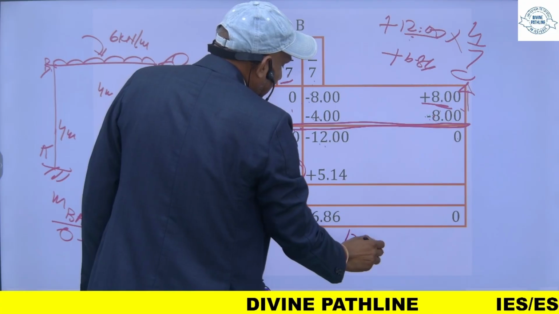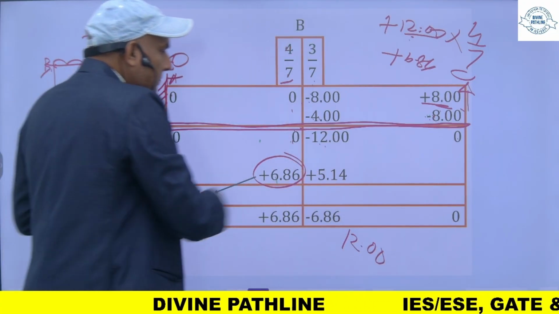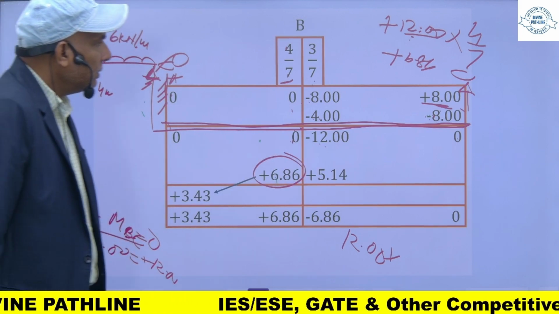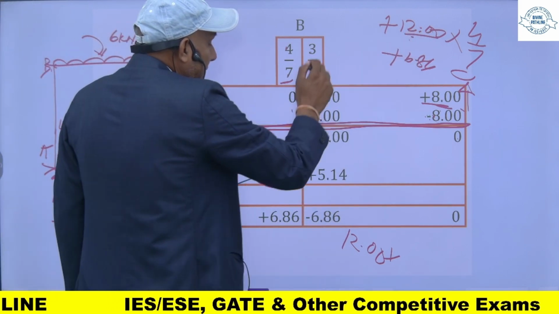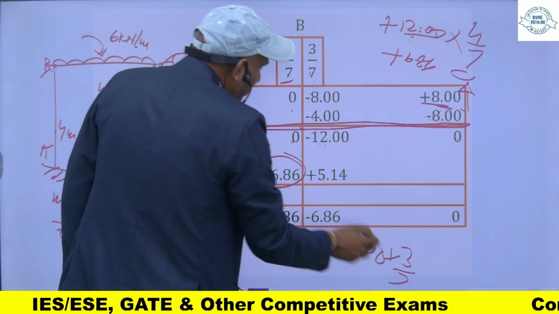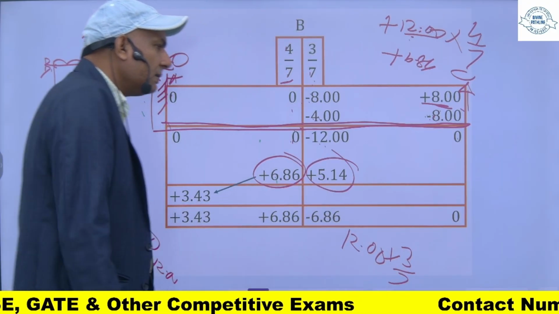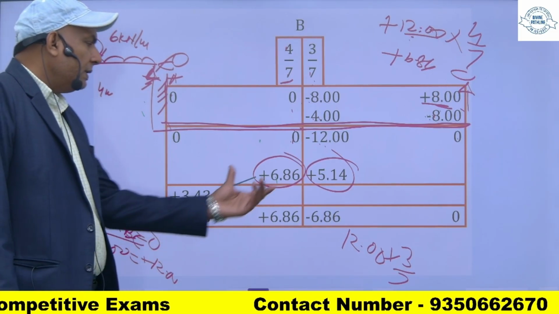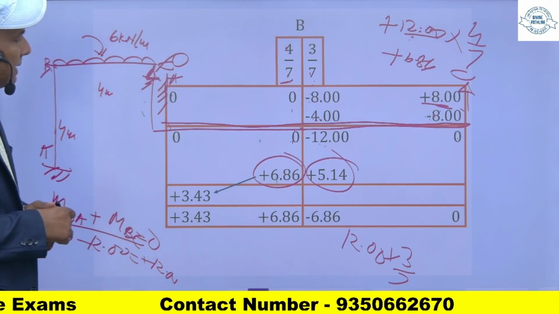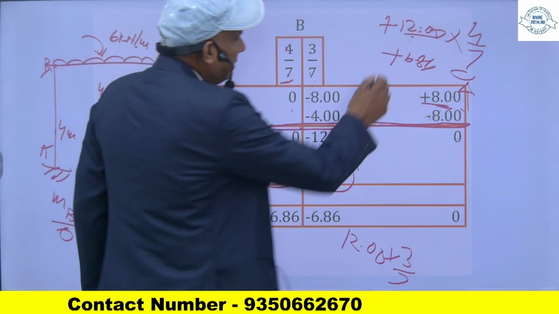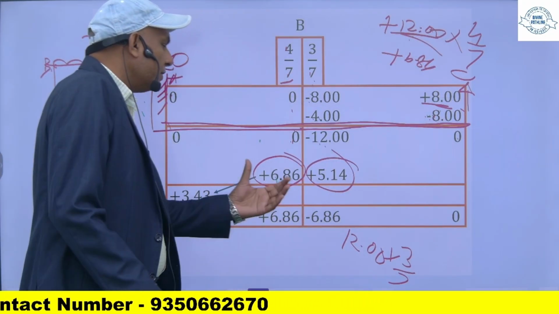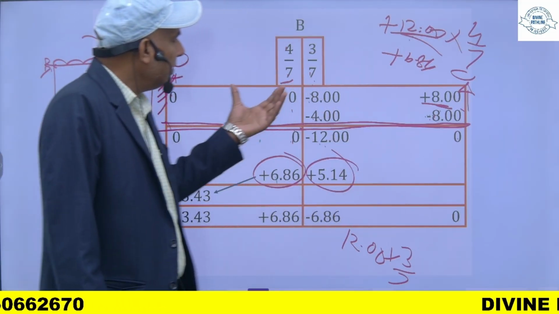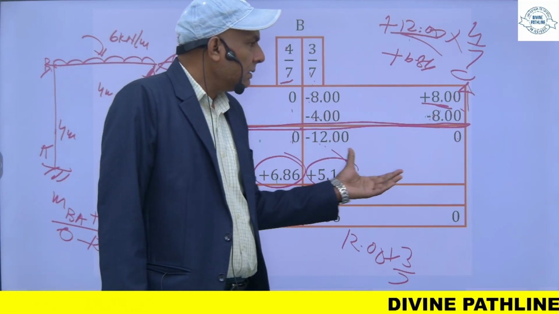और जब मैं इस मोमेंट का कितना हिस्सा, कितना शेयर इस मेंबर में आएगा, दैट विल बी एज पर द डिस्ट्रीब्यूशन फैक्टर। जब मैं इसको 3/7 से मल्टीप्लाइड करूंगा, तो मुझे मिल जाएगा प्लस 5.14। और ये मोमेंट जो मैंने यहाँ पर करेक्टिंग मोमेंट लगाया, टोटल सम इन दोनों का ये होगा। ये टोटल करेक्टिंग मोमेंट जो 12 है, कितना इसके हिस्से में आएगा, कितना इसके हिस्से में आएगा, ये उसके डिस्ट्रीब्यूशन फैक्टर के ऊपर डिपेंड करता है।